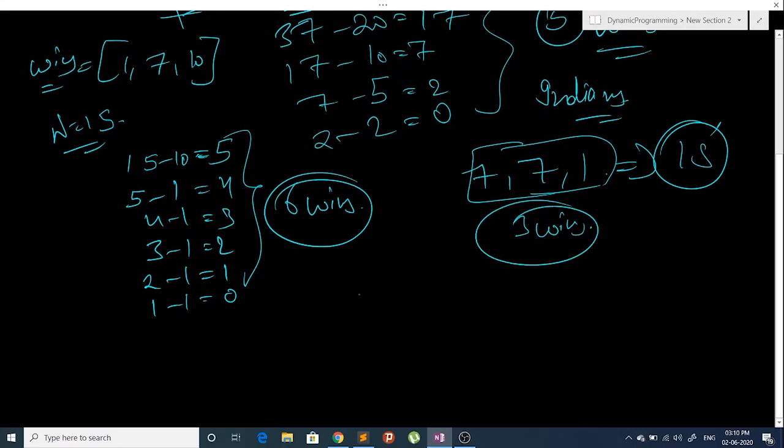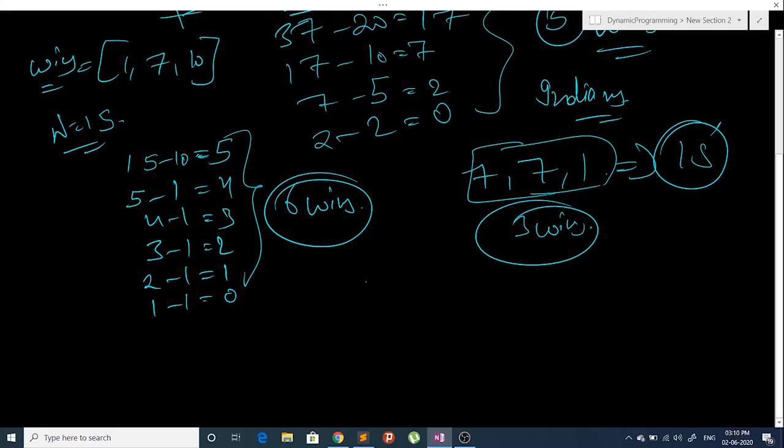So we can see that the greedy approach will not always work, and so we will have to try all the possible options here. And to try all the possible options, we will make a recursive function that will try all the possible cases, and we will just memoize it.